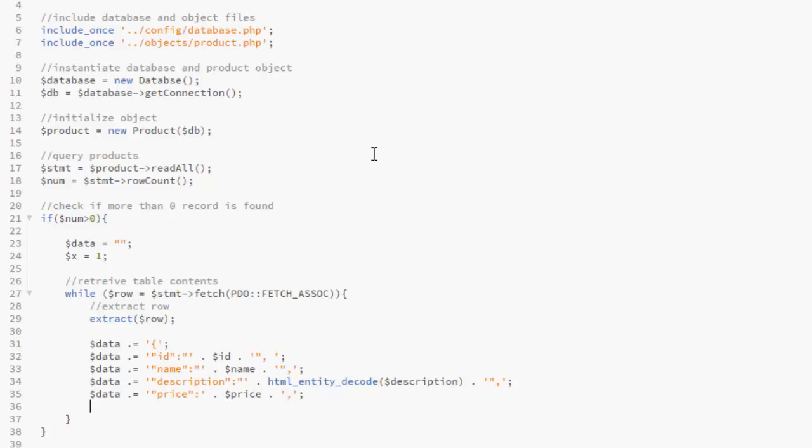Close this right, because this is just like an integer, so you don't need to specify HTML entity encode. Another one, data,